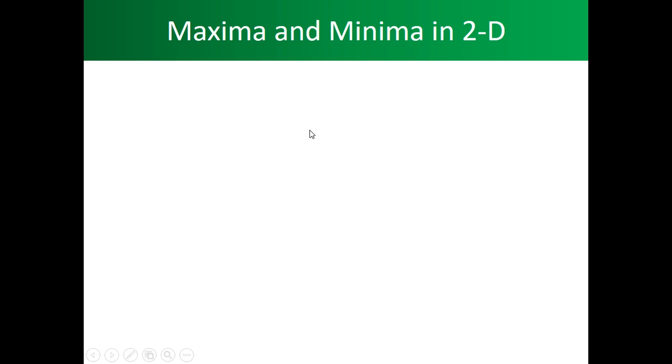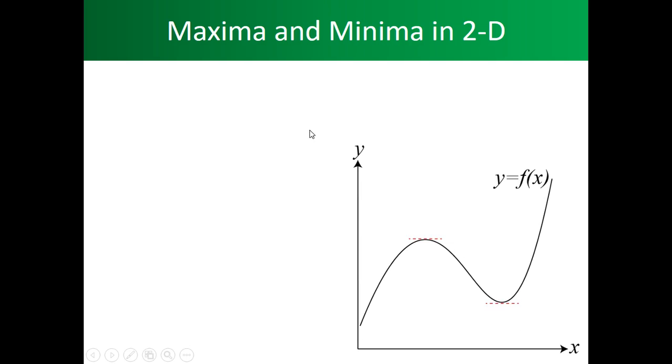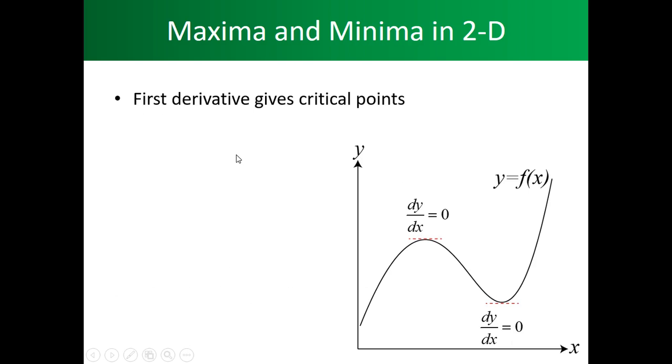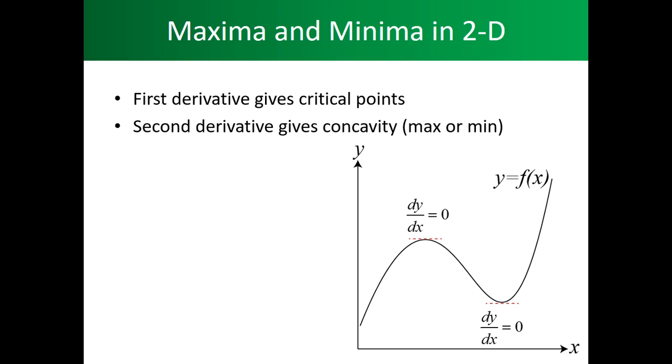When we talk about maxima and minima, we're starting off with a two-dimension maximum and minimum. As you can see here, at the maximum dy/dx is 0, and at the minimum dy/dx is 0. The first thing we have to do is take the first derivative to get the critical points. When we take the second derivative, it gives us the concavity,